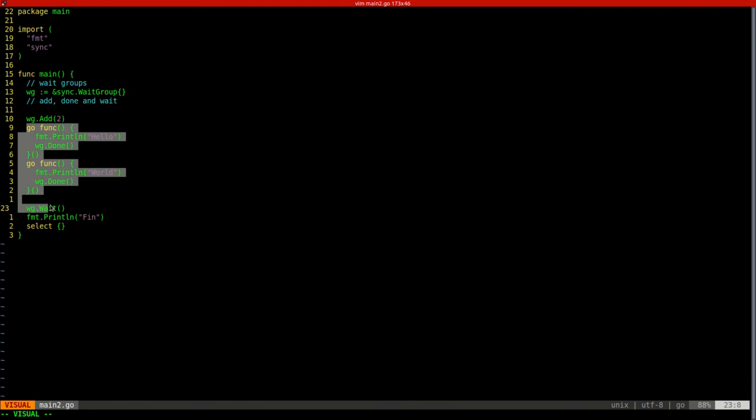I'm just saying, okay, add these two Goroutines and wait for two done calls. After two done calls, you proceed further. So we're going to wait for the two done calls. When these are done, it means that all the functions inside our wait group have been executed and terminated without any errors. And then after this, we're going to go with fin. In this case, we don't need a select block anymore. So if you try to run it,